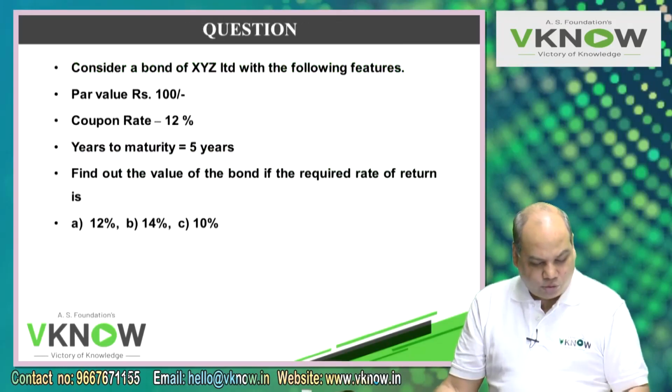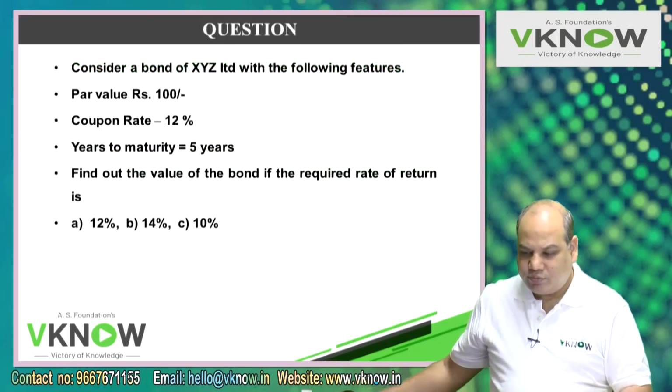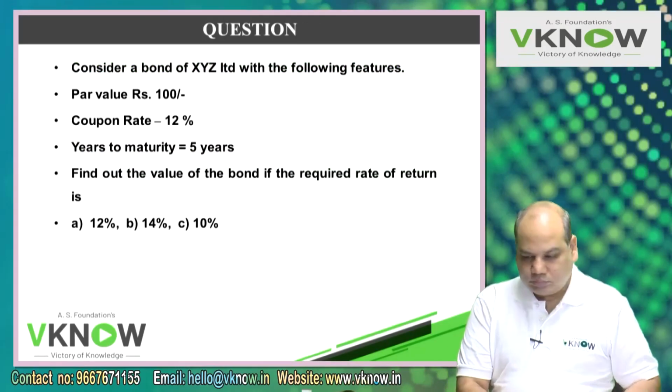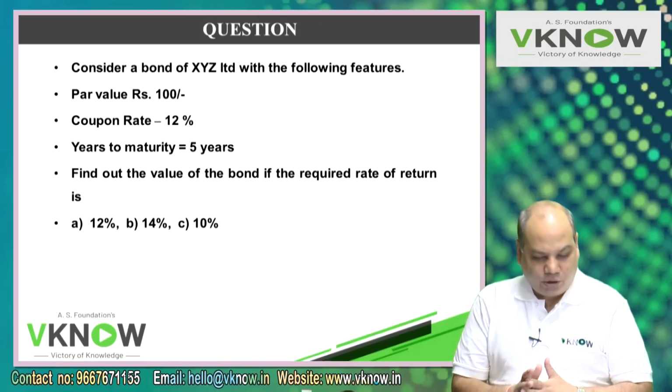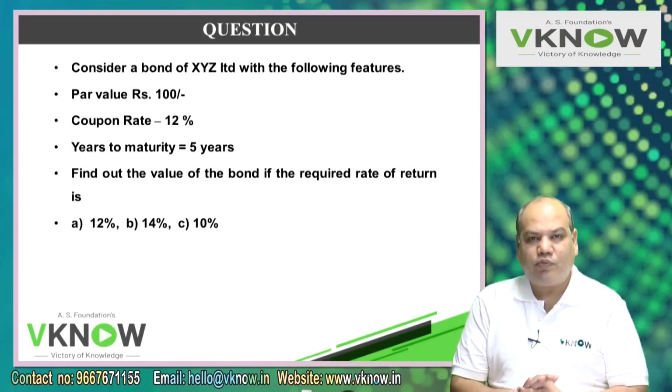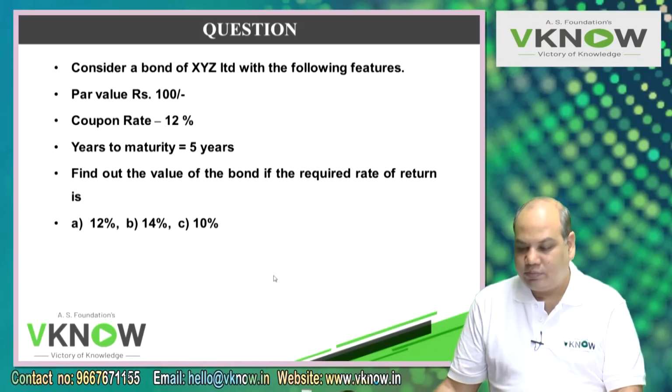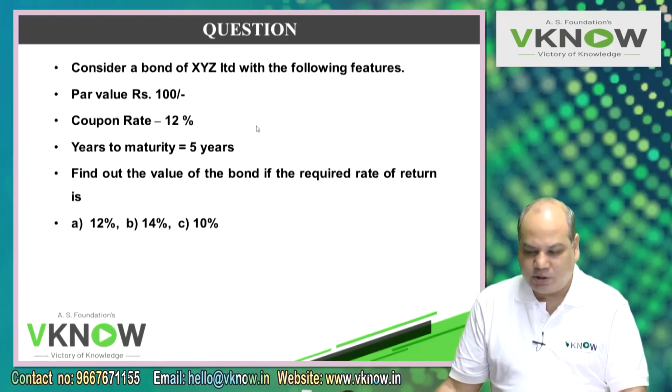So now I am going to solve question number 1 on the next page. First we will solve the first 4 questions, which are based on annual coupon. So what is annual coupon? Annual coupon means the bond will pay coupon once a year, every year, once a year. Thereafter I am going to solve questions on semi-annual coupon paying bonds, where the bond will pay coupon twice a year.